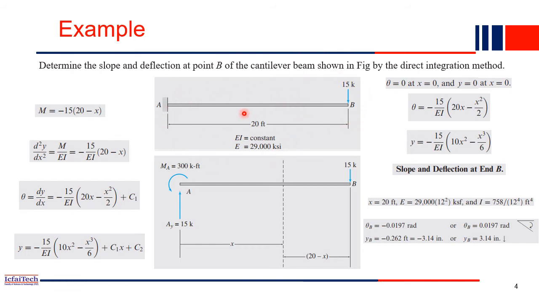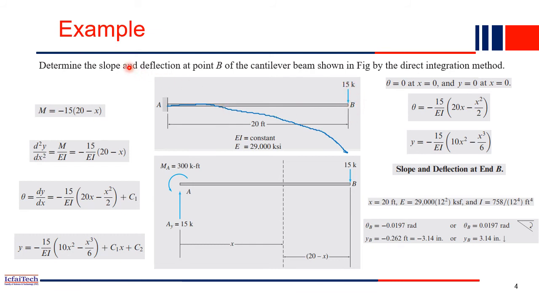So what is our first job? If you recall, our first job will be to draw the elastic curve. Elastic curve means basically the deflected shape. So after application of this load, how will the beam deflect? If you just draw it, this may be the deflected shape, right? After application of the load, this beam may deflect along this dotted line, in this blue line. So that is our first job.